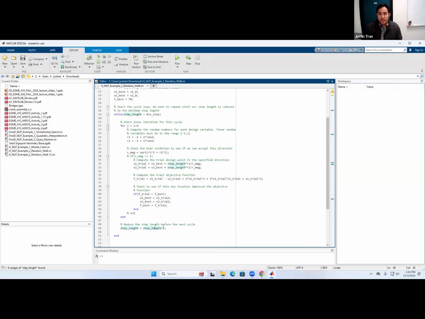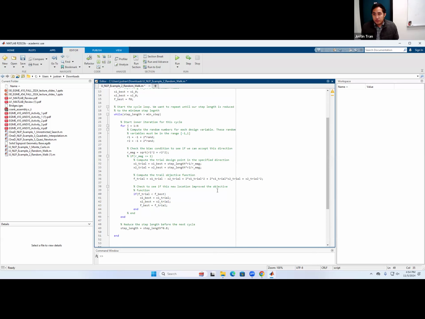You can see here that I'm taking a fairly aggressive approach. I'm taking the step size and reducing it by a factor of 2. Another way you can do this is to reduce the step size by only 20%, so you multiply by 0.8. That will slow down your algorithm because it'll take time for your step size to decay, but it'll probably be a bit more reliable in finding the optimum.